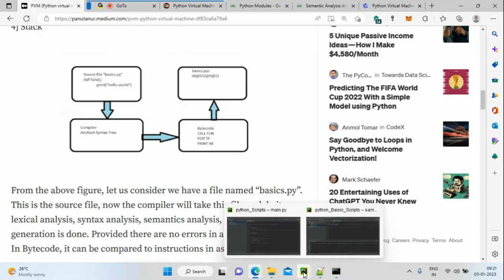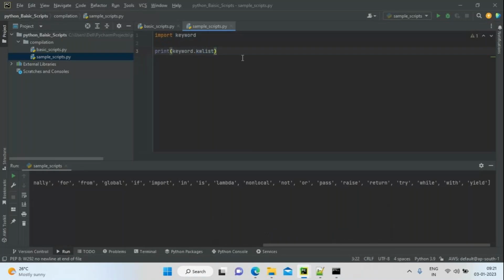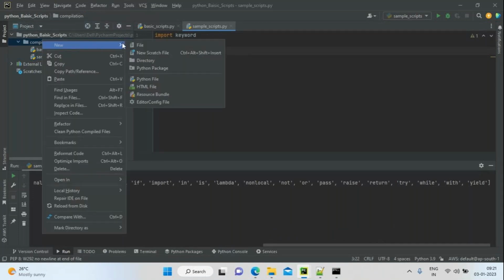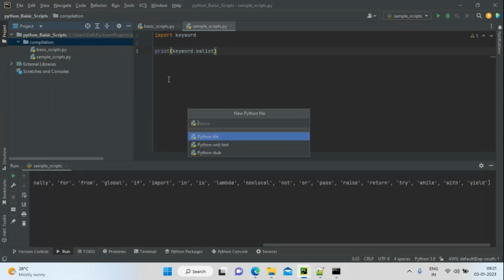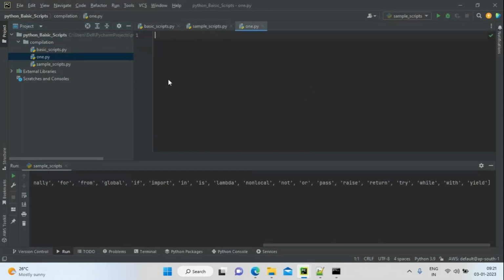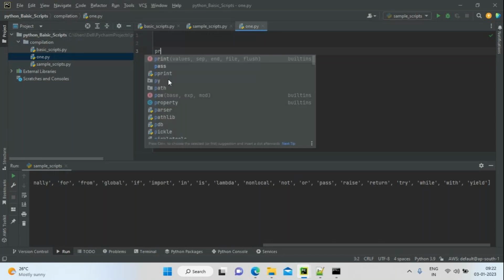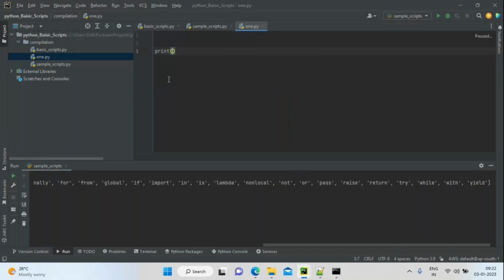Fine. Now, what am I going to do? I'm going to show you a few things. First, I'm going to create one .py file, one.py.